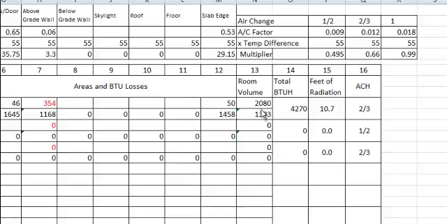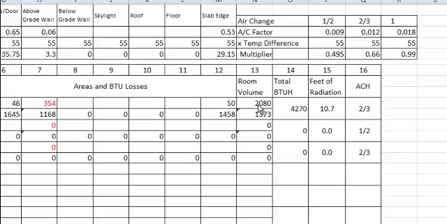So there's a little bit of math that has to be done here. It's not too complex, but what we're doing is we've developed a multiplier for 2/3 of an hour, and we've developed a multiplier for half an air change per hour, and there's also one here for 1 full air change in an hour. So we use that number first